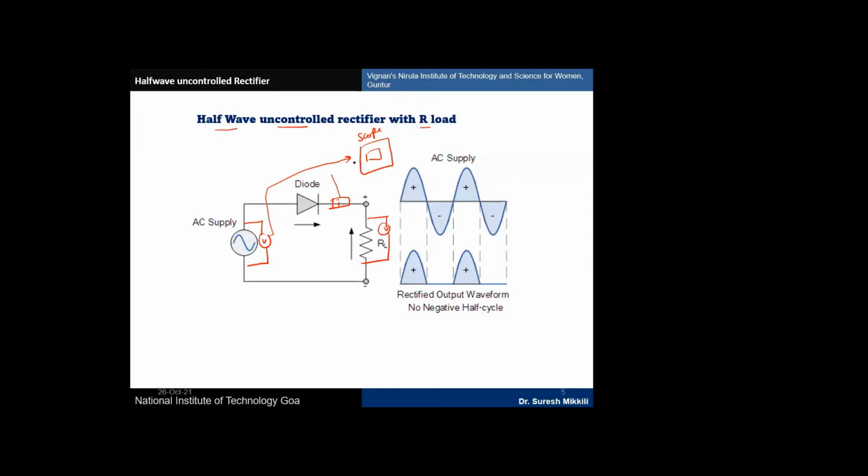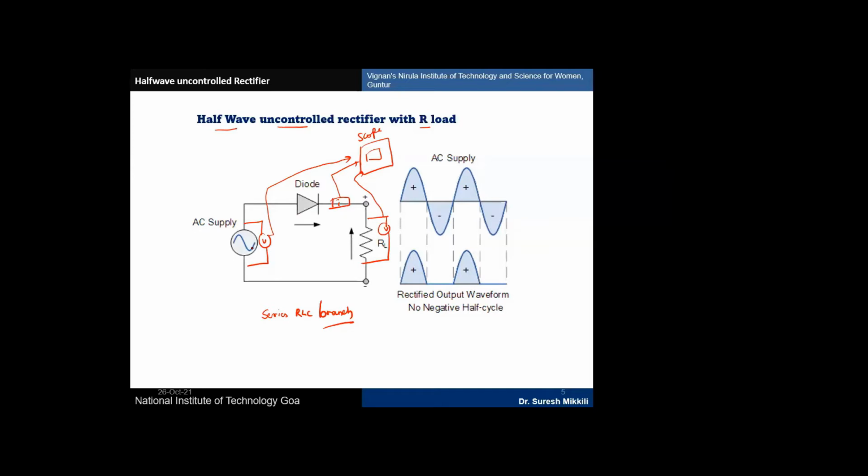It will be connected to the input voltage, the current and the output voltage. Now I'm going to select from the Simulink library one AC voltage source as the input voltage source, a diode, and a resistance I will consider. Also there is a series RLC branch that will be connected. So it is an uncontrolled rectifier. Only the positive half cycle you are getting, the negative half cycle will not be there.